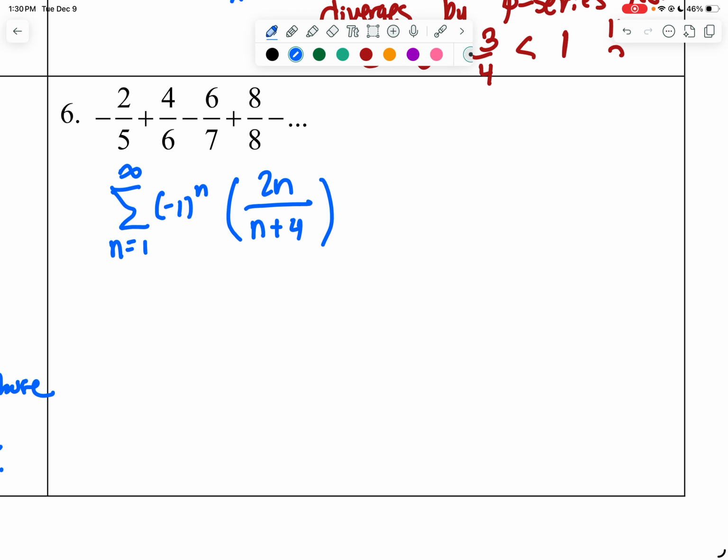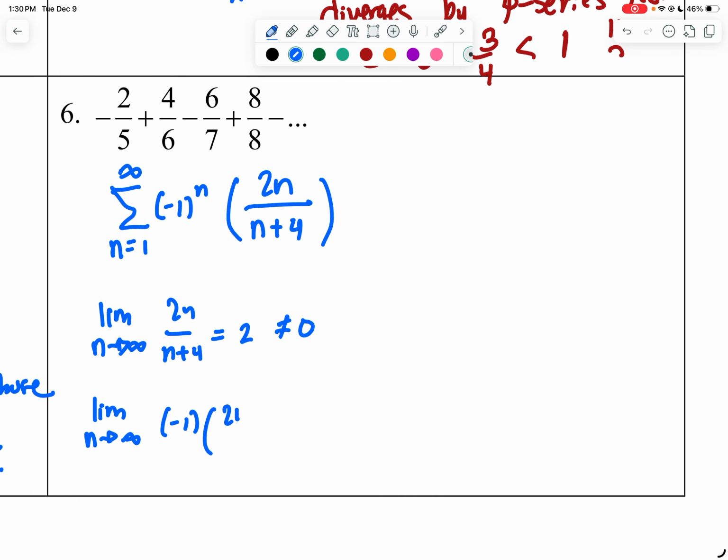All right, so then we have the limit as n approaches infinity of 2n over n plus 4, which is 2, and that's not 0, so we can't really use AST, meaning that we have to use nth term test. In this case, that works because the limit is 2, well, it's oscillating with negative 2 and 2. So this right here, because my limit oscillates from 2 and negative 2,